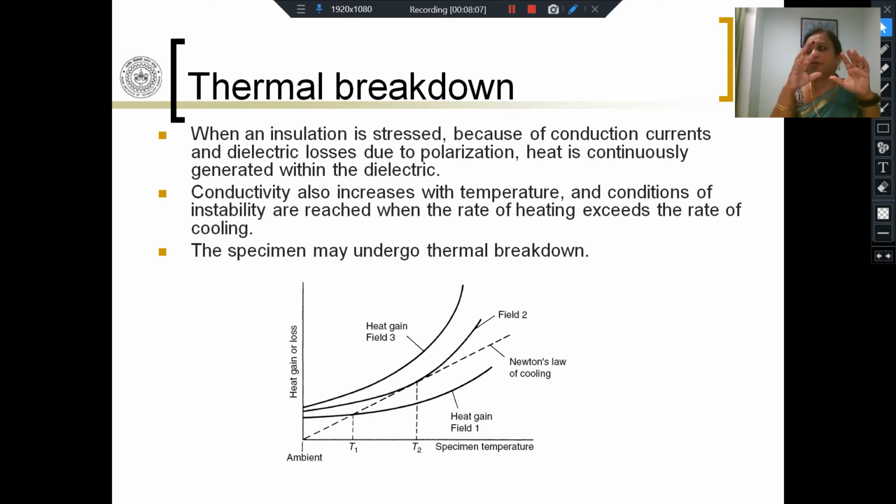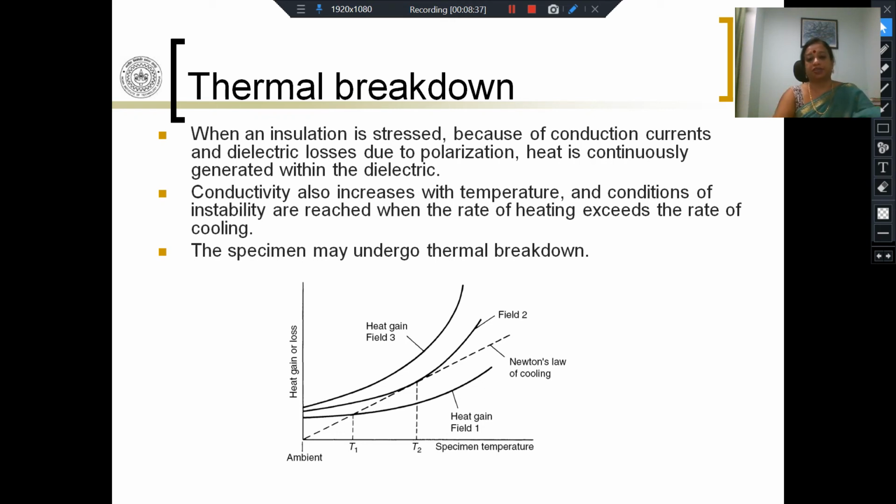Often, when we expect that there will be heating, there are also processes for cooling the insulation. In a transformer, you have transformer oil. In air, you have air. So there is cooling going on as well. Now, there may come a time when the rate of heating exceeds the rate of cooling. If that happens, then you will reach an unstable situation. As a result, the material may